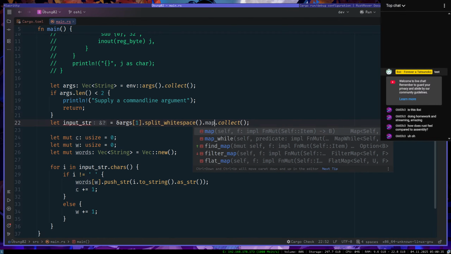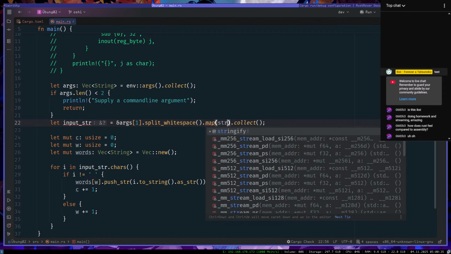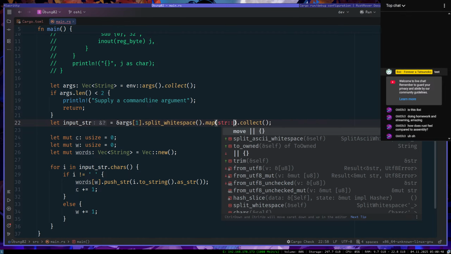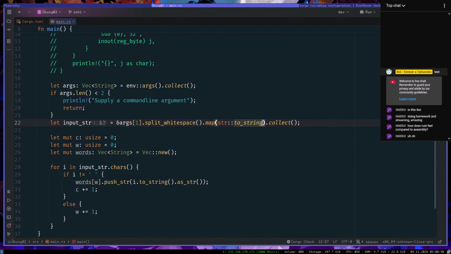Okay, so dot map, string to string, and it's still of type who knows. It still doesn't know what type it is.